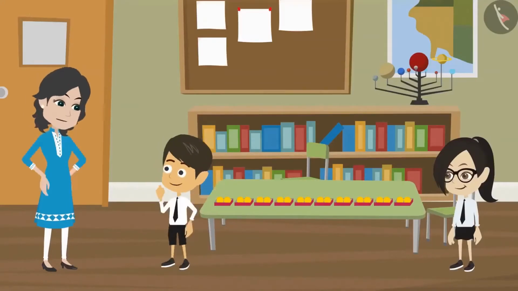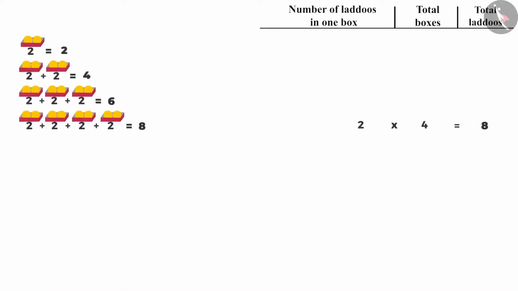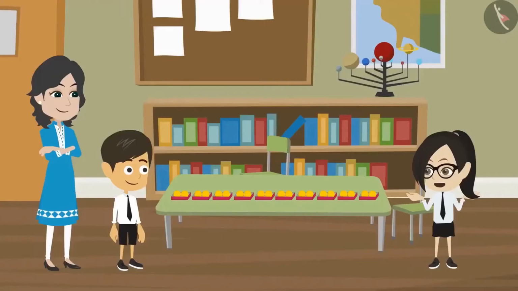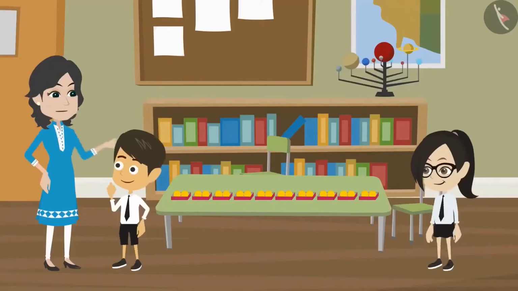Yes, Riyansh. In the same way, you can convert the above additions into multiplication. If you want to find the laddus in 3 boxes, multiply 2 by 3. Similarly, for 2 boxes, multiply 2 by 2. And to find the laddus in 1 box, multiply 2 by 1. That means we don't need to add them. No. For 5 to 10, you should try to find the result yourself and check.